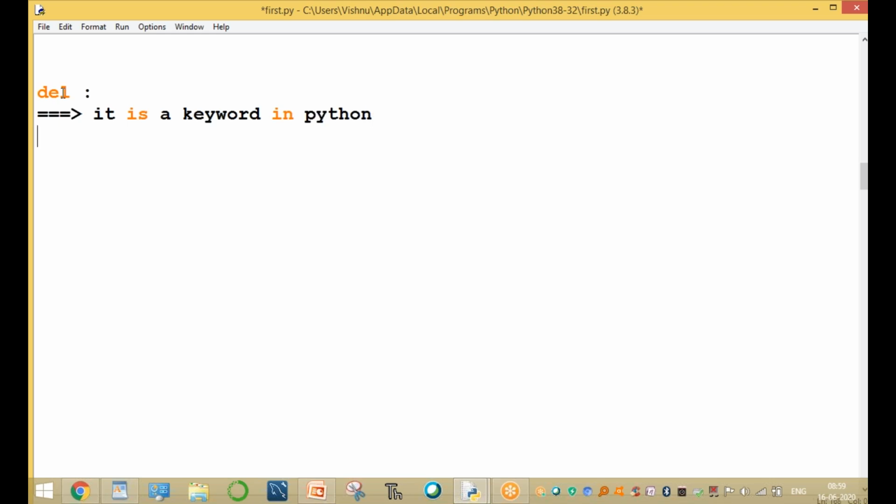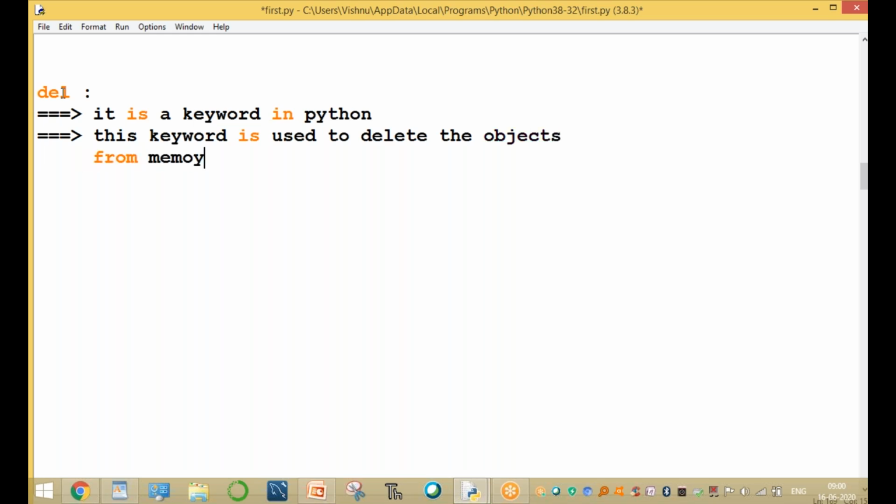This keyword is used to delete objects from memory. Now what is the syntax? The syntax is: del object name, that means variable name. More than one is also possible.